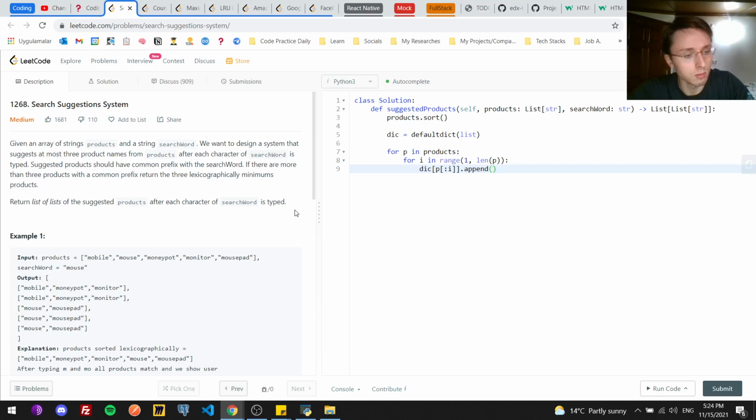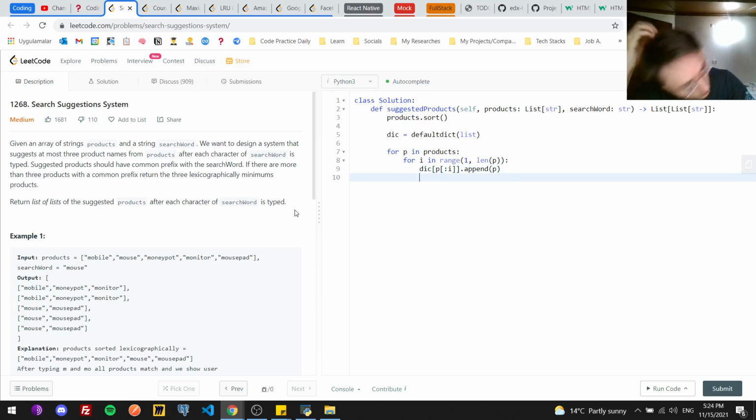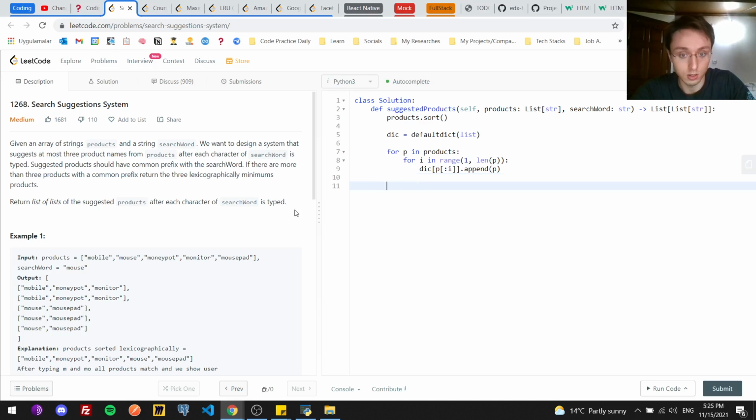I mean, actually it doesn't matter, I can just put p there, because it will always be the same complexity. So if I do this, then I just create it, and if I print the dictionary and return this,